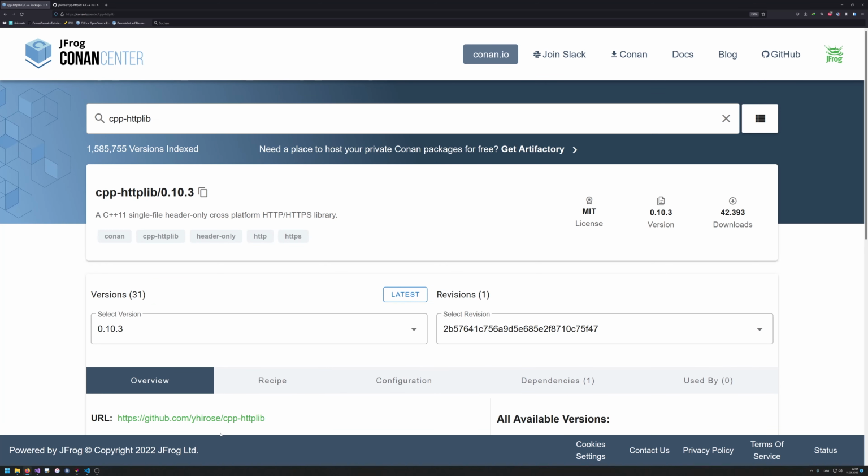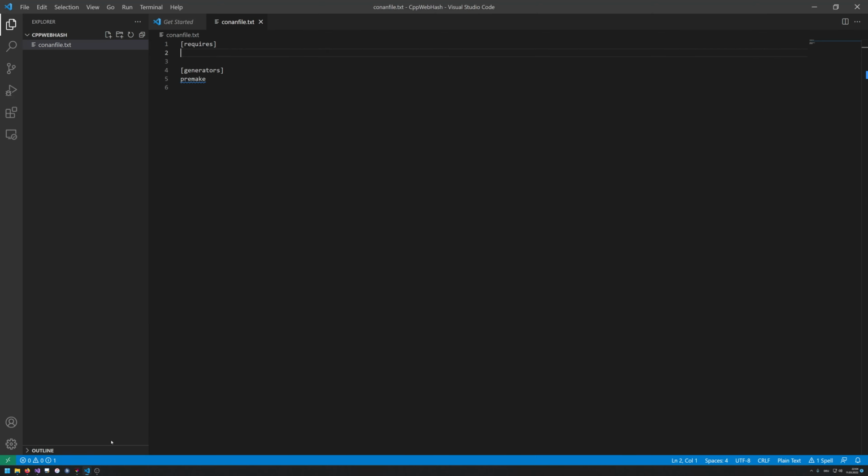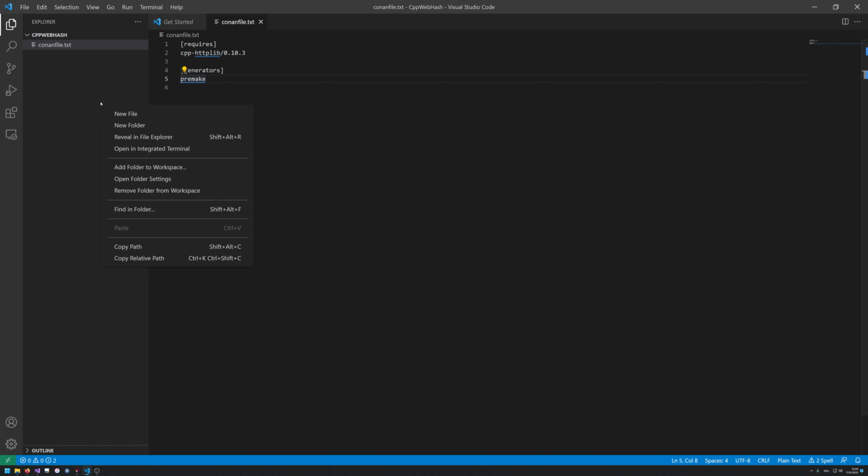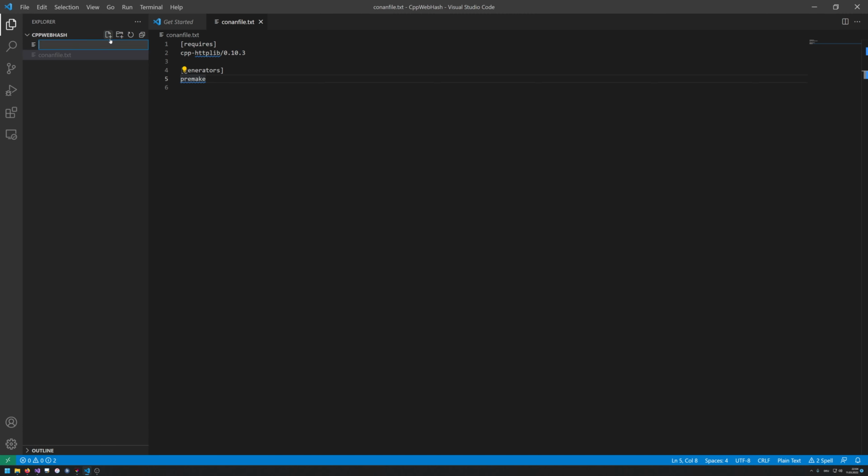So we're going to use this library today. So let's close the other instance that I have open here, and let's add this as a requirement. So now we have an HTTP server. To build all these requirements, let me quickly create a new